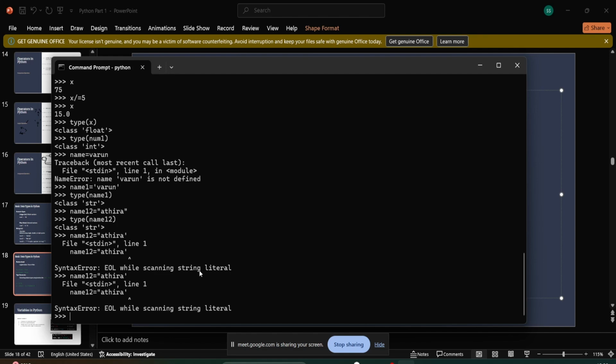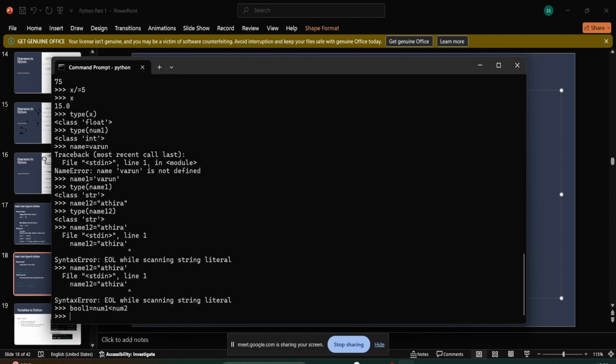Okay, so I can just give bool1 equal to, so bool1 is a variable, right? And we had done a condition check before: num1 less than num2. So the value of bool1 is going to be the output of num1 less than num2. So bool1 is